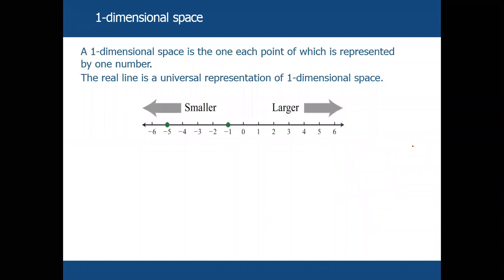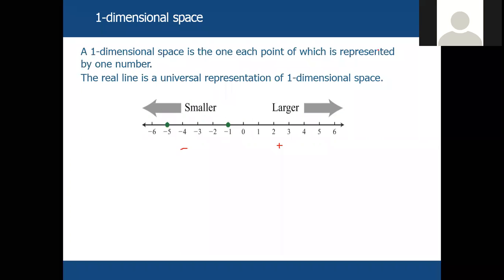First, we have one dimensional space. For one dimensional space, we need just a single number to specify a location, like on the real number line. On the real number line, this side is positive, this one is negative. If you want to specify the location of 4, you need only one number. And we use the absolute value for that. The absolute value of 4 is equal to 4.